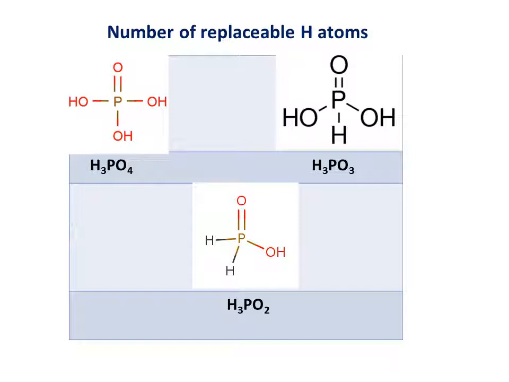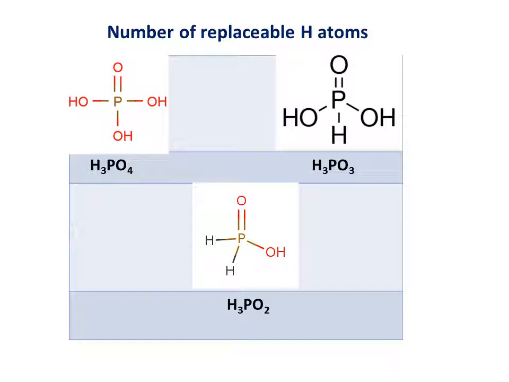So because these 2 hydrogens are linked directly to oxygens in OH groups, due to the high electronegativity of oxygen, these 2 hydrogens will be released by the OH groups. That's why only 2 hydrogens will be released. Why not the hydrogen that is directly linked to phosphorus? Because phosphorus is not that highly electronegative when compared to oxygen. So this hydrogen that is linked to phosphorus will not be released in solution, and that is again the same in